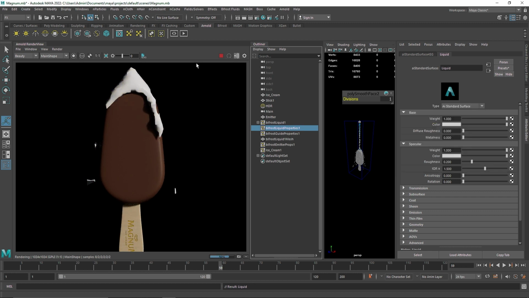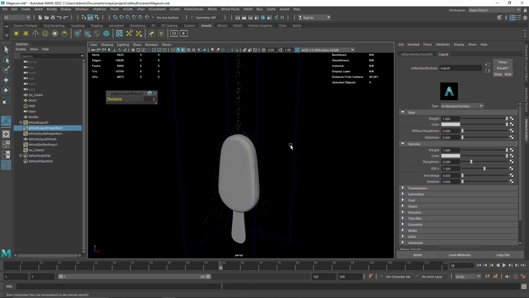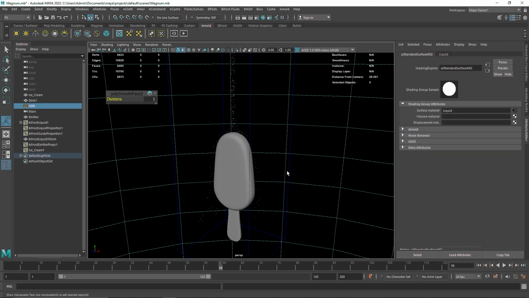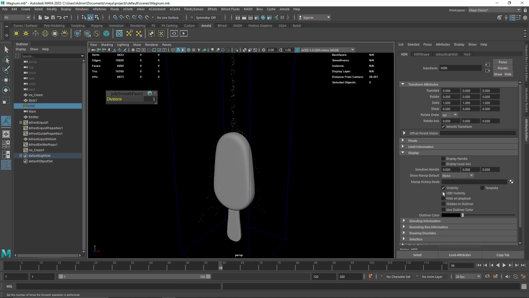You'll notice that the liquid looks pretty bad. It's very rigid. It doesn't look that good, so we have to solve this problem. Now you know how this looks. Apart from this, if you don't want to keep seeing this in the render view, because it's a pretty time consuming process to keep watching it in the render view,